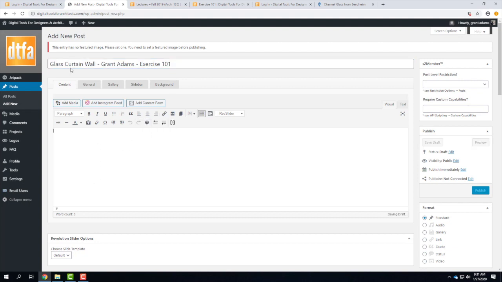So then when we come down here, this is the content section. I've got kind of a Word document, an open file that I can type in here. So this would be a glass curtain wall system. And I might write a little paragraph about what's interesting about it.